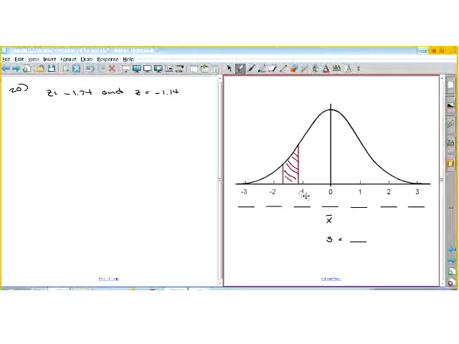Again, we're not given any information about x bar or s. We're just given the z-scores. So how do we do this one? Well, what we know how to do is find the area between, the table gives us the area between the mean and some z-score. Now, because of symmetry,